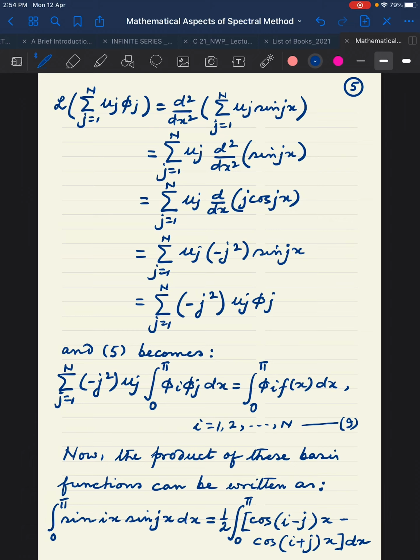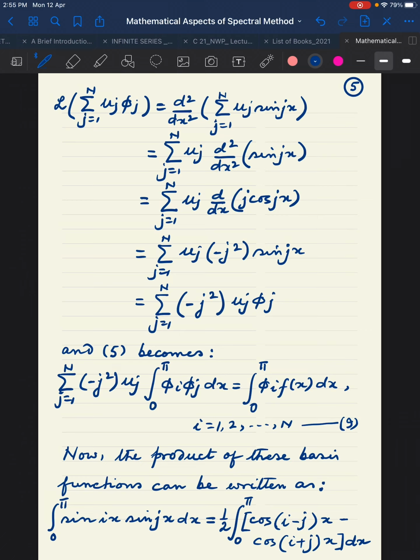Look at the right hand side, you will get d2/dx2 on the function summation j equals 1 to n uj sin jx. Now you can take out summation j equals 1 to n uj, because these uj's are actually the coefficients of the jth basis function. So you can take out of the bracket summation j equals 1 to n uj, then you have to apply the operator d2/dx2